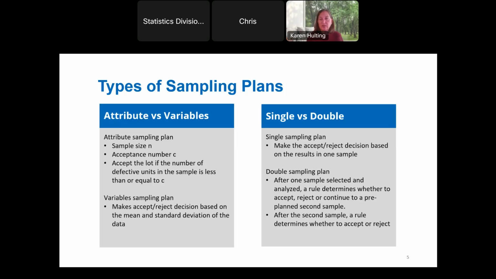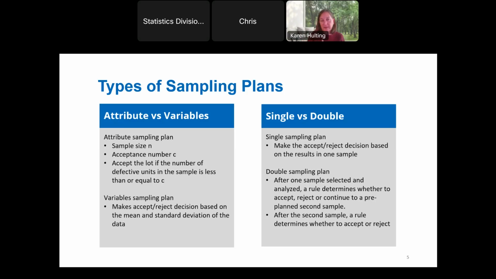In that case, all you need to do to specify your acceptance sampling plan is know a sample size N and an acceptance number. Usually that's denoted by C, a lowercase c, sometimes a lowercase a. And that's the total number of defectives in that sample that you can observe and still make the decision to release that lot. Very often that number is 0, right? We do accept on 0 acceptance sampling plans, but sometimes that acceptance number can be 1 or 2 or 3 or 4, depending on the sample size, it could be even higher than that.